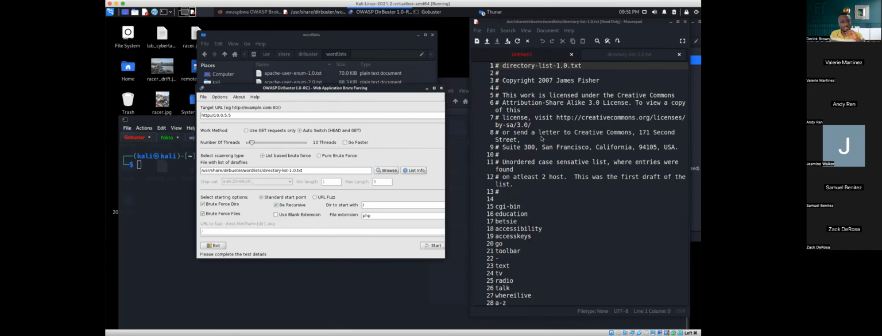All right. So this is what we call a directory list. The one we looked at last time was a password directory file. Now this is, sorry, that was a password dictionary file. But then this is a directory list. So it basically contains,